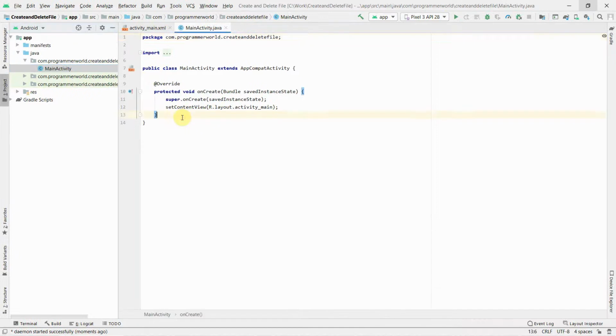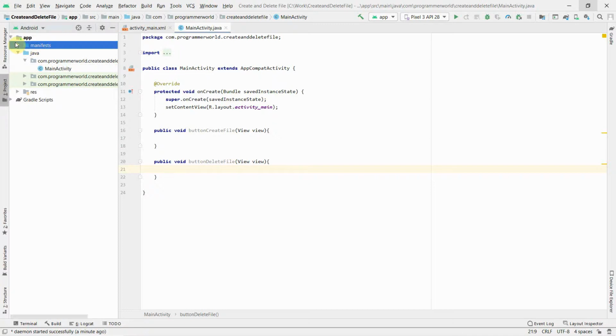So first and foremost, we'll create two public methods which we'll be using to create and delete. I'll just say button create file view, and similarly I'll create another. Okay, I think I missed the public void. I don't need to return anything, so I'll put public void over there. Similarly I'll do it for button delete file. Of course, I'll just show you the APIs here, but we can automate it using any kind of trigger. So here the trigger will be button click.